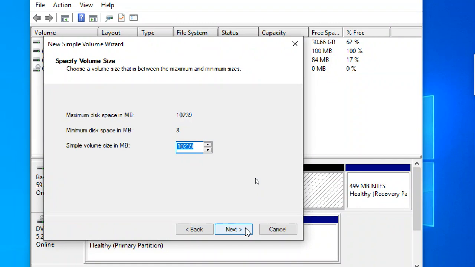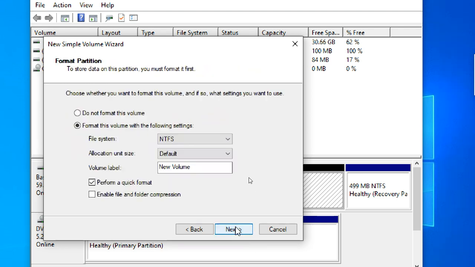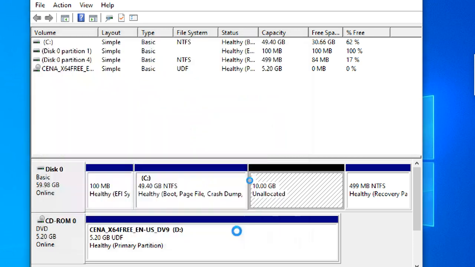I will create a small volume of 4096 MB, which means 4 GB. Next, E drive, next, NTFS file system. If you want to change the label, you can. Keep Quick Format, no problem. Next, finish.